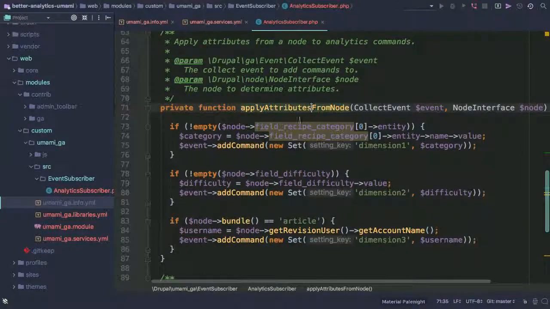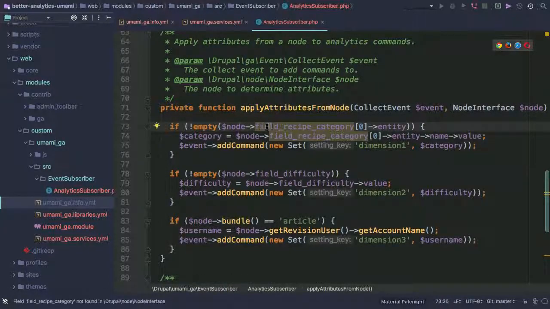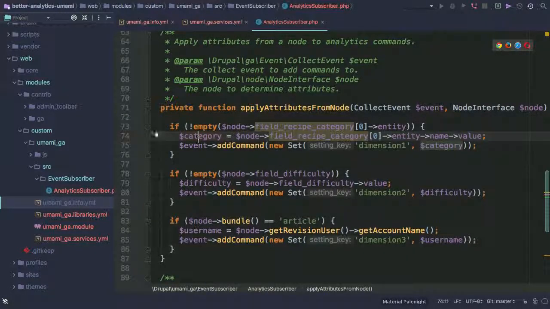So here I'm grabbing node information, accessing it through the entity API. The recipe category is a taxonomy term. It's a multi-value field, so I'm saying, hey, if this node has a field called recipe category, pull out the first item, grab the entity from it, and get the name, which is whatever string the category is. And then, similar to how Google Analytics expects it on the JavaScript side,